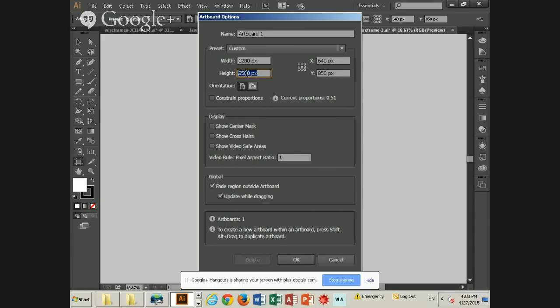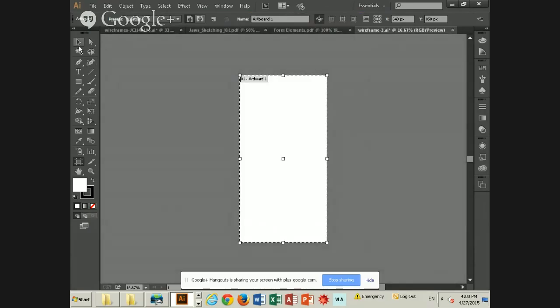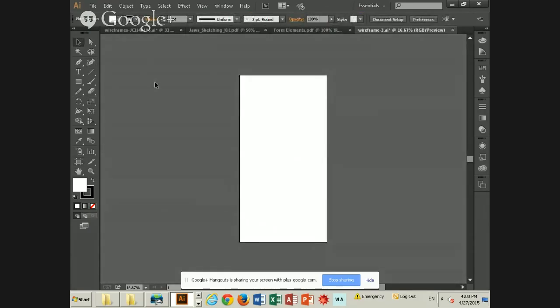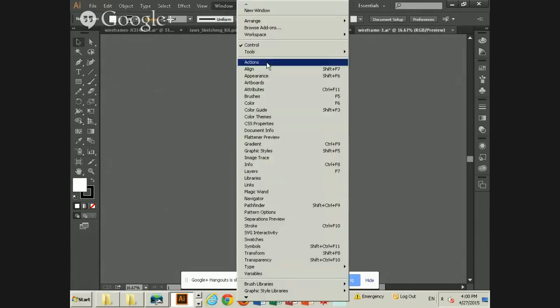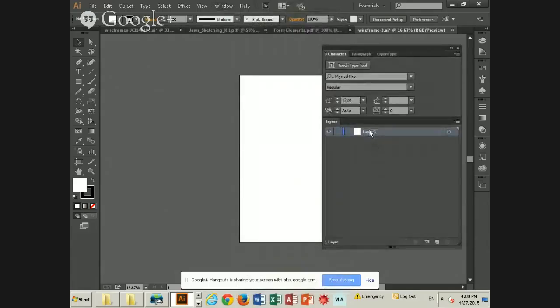Okay. Going back here, what we first need to do is take a look at our layers palette. And right now, we have one layer. Okay? Let's name that layer. What are we going to name that layer? First, we have to figure out... So I'm going to start my grids. Okay, so I want to put my grids on a layer. Right? So I can say